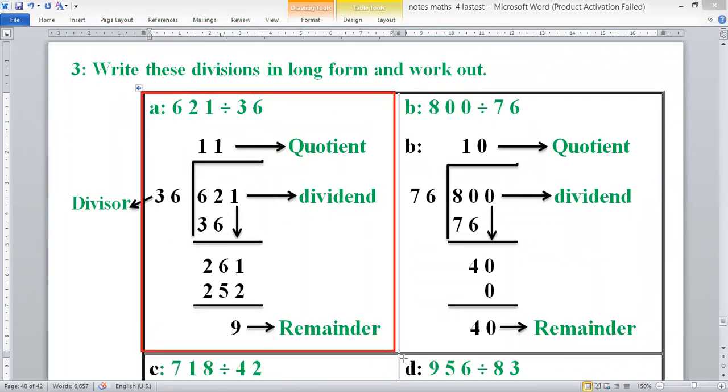Part A is 621 divided by 36. So first we take 62 and 36. Remember that this two-digit number 62 should be greater than this, otherwise you cannot divide. Remember that divisor is always less than the dividend. So 36 ones are 36, subtract